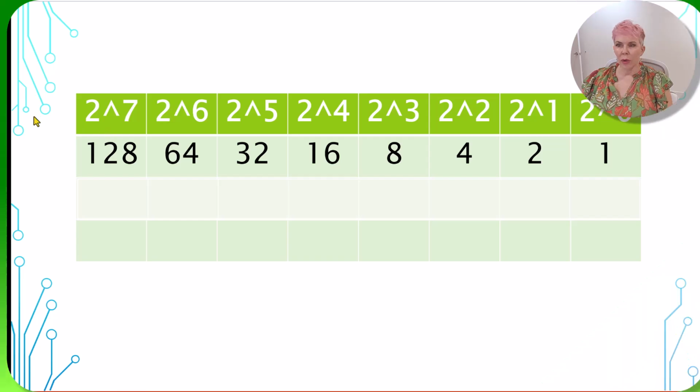We already know that an octet is made up of 8 positions, and these are called the positional values. An IPv4 address is 4 octets, each with 8 bits for a total of 32 bits. And these positional values repeat. It doesn't matter if I'm in octet 1, octet 2, octet 3, or octet 4. These values stay the same.